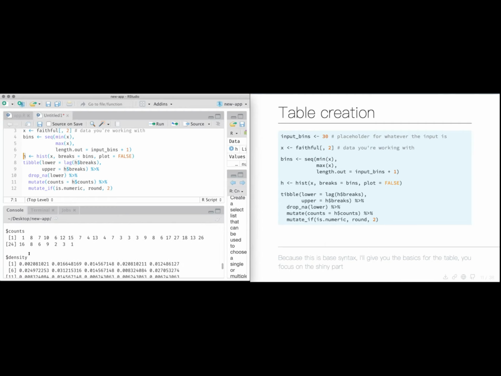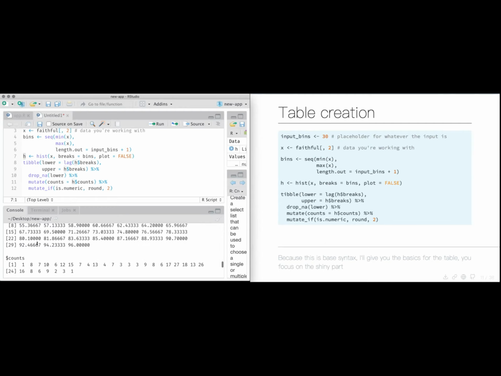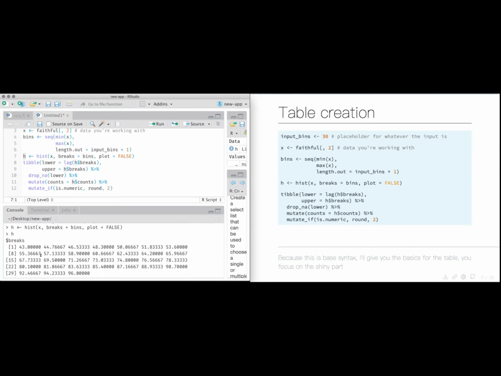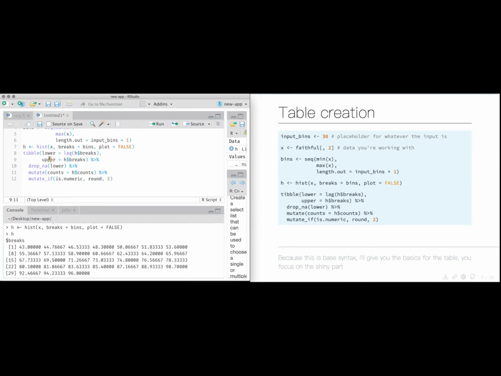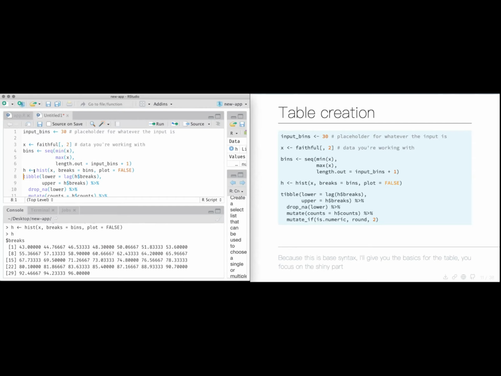Or no, it calculates the density. It counts as the y-axis. And there's the breaks, okay? So what I'm going to do is create a tibble. I have to load the tidyverse. Actually, I'll say library